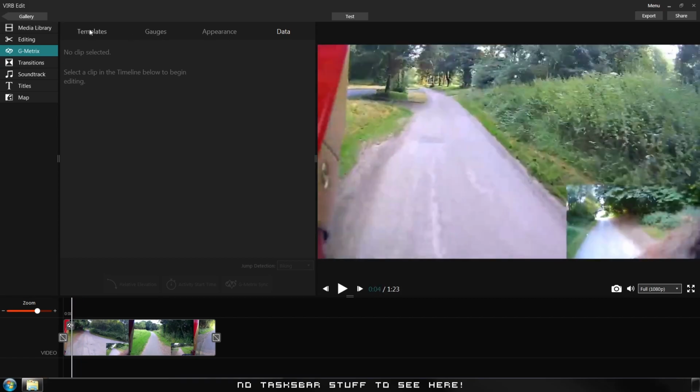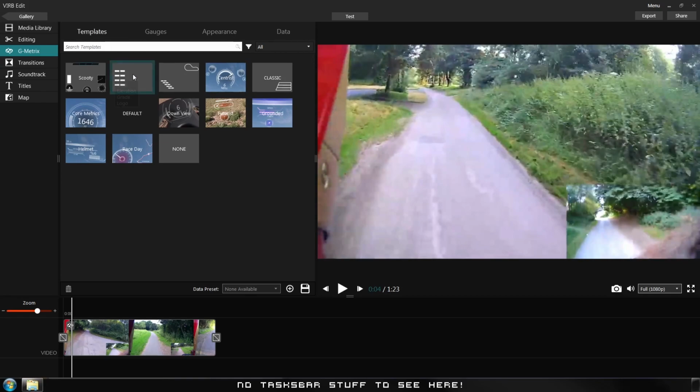So what you can do is you can either go to templates and buy one of them, some basic ones, slightly fancier ones. Those are quite cool. That's your elevation and a G meter if your GPS logger or tracker records that. There's elevate. Oh no, that's your distance. Sorry, that's your distance. That's your gradient and that's your elevation. Got this one, which is quite cool. It's got the date, time,